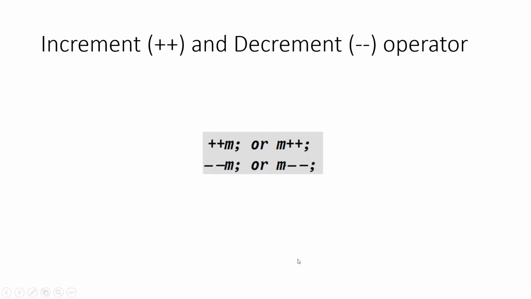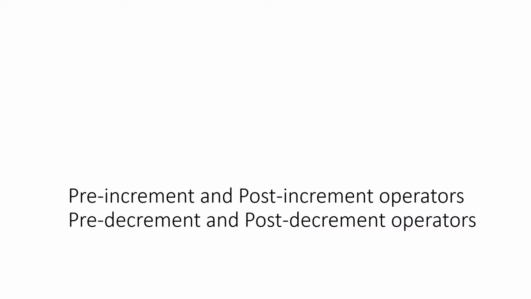Increment operator means we use the plus sign. So it can be written in either way. It can either be written as ++m or m++, but these are not the same. Similarly, --m is the decrement operator. It can be written like --m or m--. Again, these two are different, or it performs in two ways. So based on this, there are two types, that is pre-increment and post-increment.